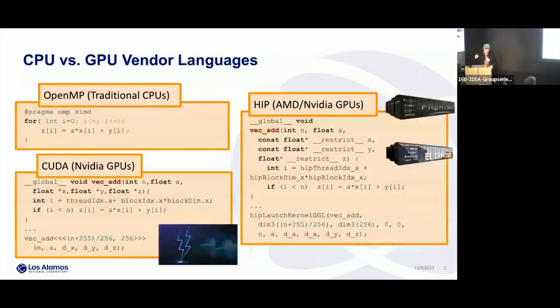However, each of the different manufacturers are using different vendor languages from these traditional CPUs, which means that we need to rewrite our code potentially for every new architecture. For example, this is a simple vector multiply and add for two different GPUs and CPUs. This is not feasible for doing science. We don't want to rewrite our codes all the time. It wastes valuable person hours of scientists and developers.